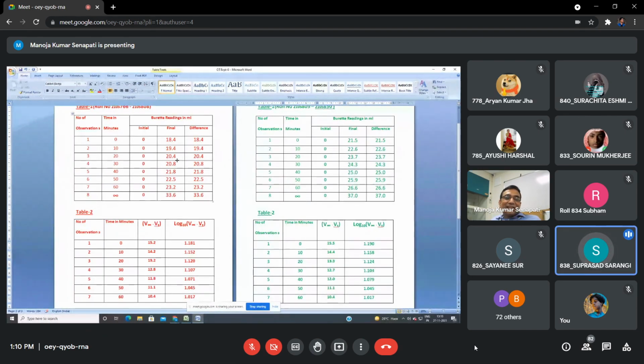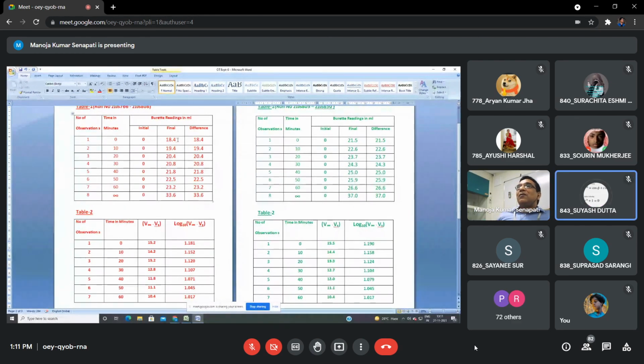Sir, every observation. No. After this one, V0 is important. Why is V0 important? Because once you know V0, the other observations will be easier for you. Here you know V0 is 18.4. So while taking V10, you will directly add 18, then you will add drop by drop. Once you have taken V0 correctly, the other observations will be easier. So after V infinite, the second one is V0. After that, all observations are important. Are you getting?